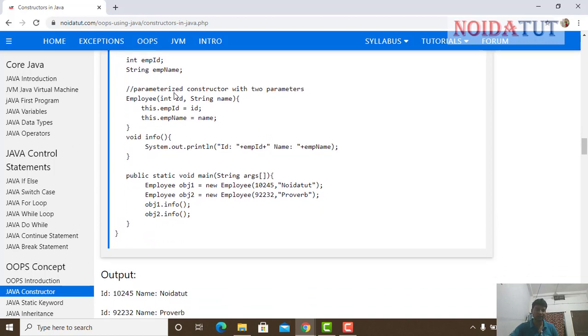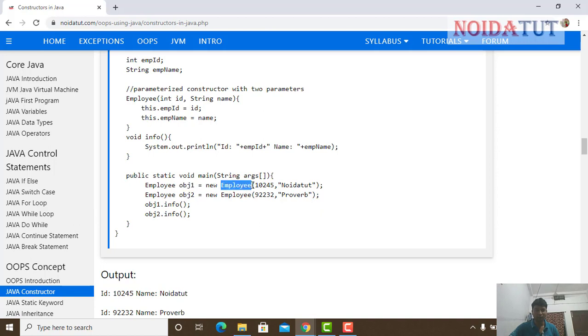In the parameterized constructor you can see that we have passed these parameters: employee id equals id, employee name equals name, and this employee id is referring to the variable that we have declared in the above code. Proceeding further, we have created object1 with new Employee.